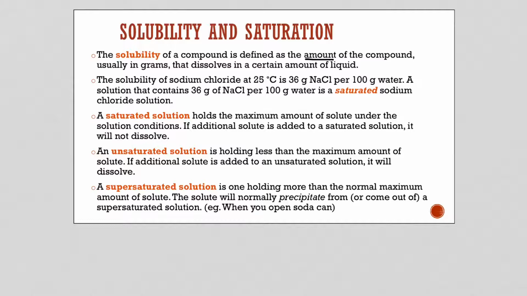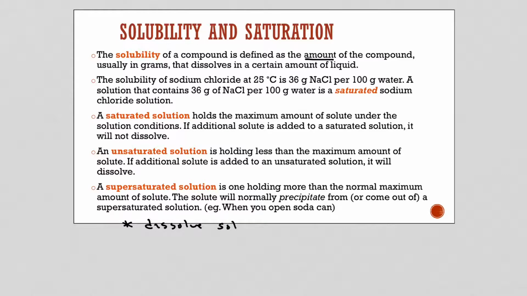So we're above that saturated solution. Now, normally this wouldn't happen, but we can make it happen. So if we think about sugar, for example. One of the things that we'll talk about a little later in the chapter is that the solubility depends on temperature. So as we raise the temperature, a solid will become more soluble. So typically, one way that we can create a supersaturated solution is to dissolve